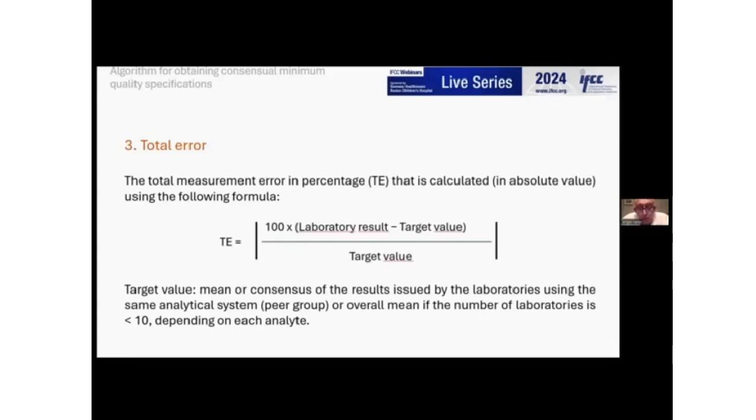But we can find ourselves in some situations where we have few data, and the committee decided that if the number of participating laboratories or the number of data we have is less than 10, the comparison is made on the global mean. I am always talking about specific measurement throughout the conference. And now we start to see what we do with these